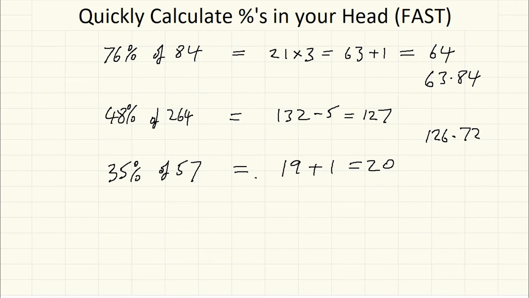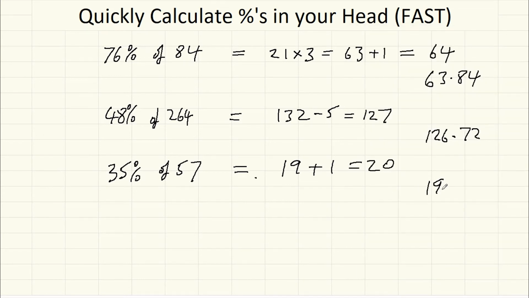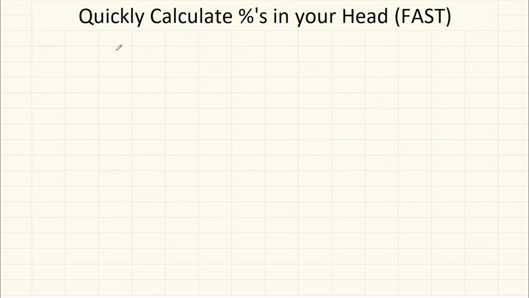Let's try the calculator and find out. 35% times 57, 19.95. Ah, so actually it was just under 20. But even so, a pretty good guess, I think. Let's try